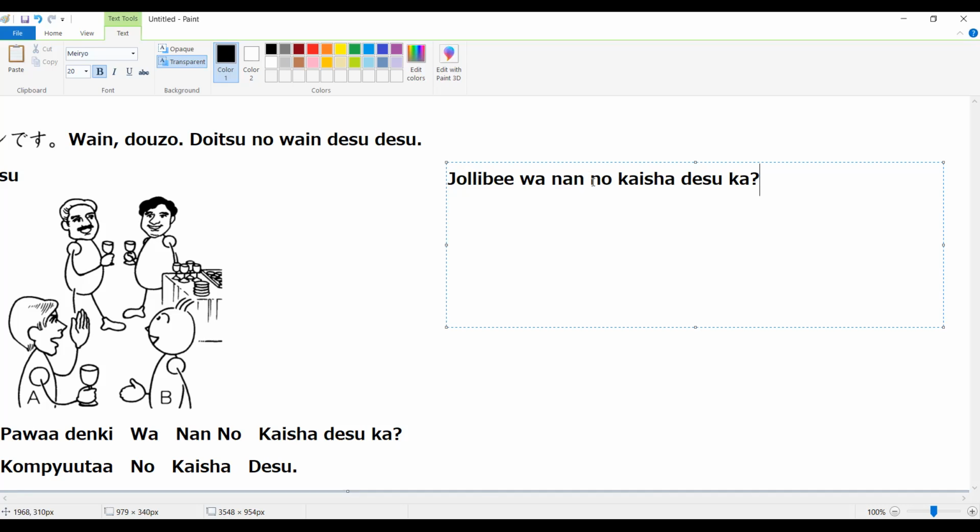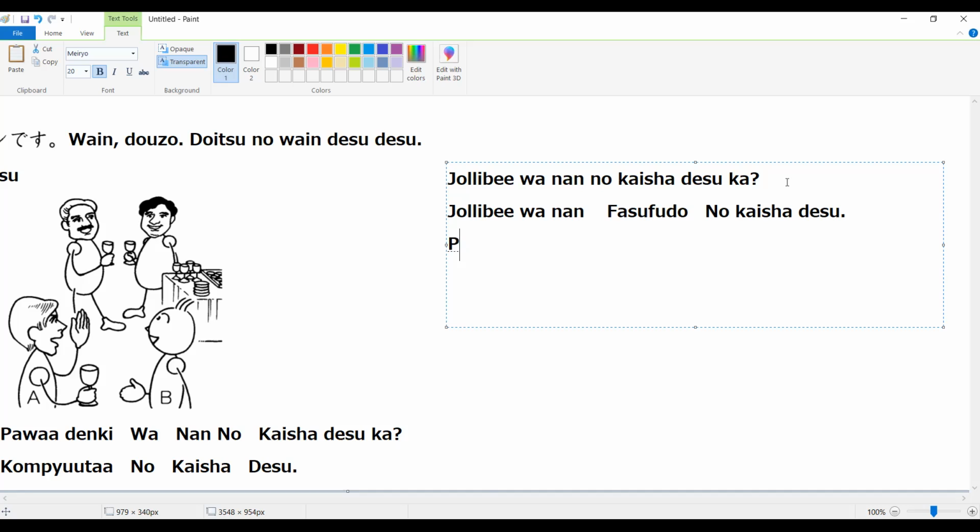Food industry. Okay, so fast food, fast food no kaisha desu. Okay. はい、よくできました。わかりますか？ はい、先生、わかります。 じゃあ、let's have、かいりんちゃんいますか？